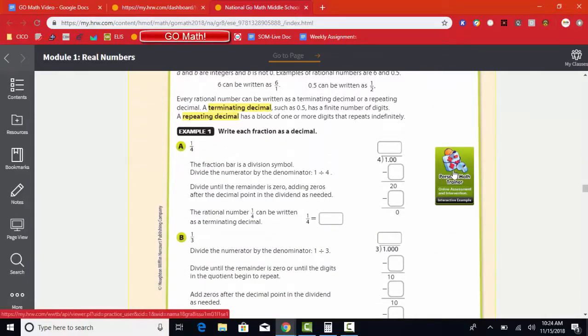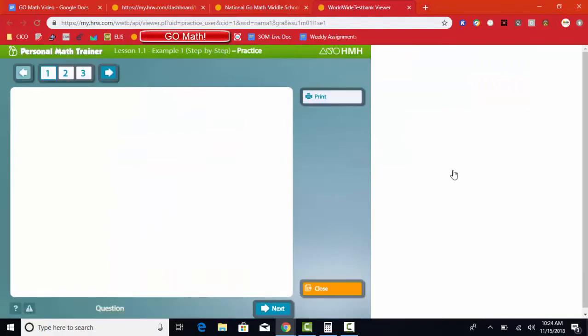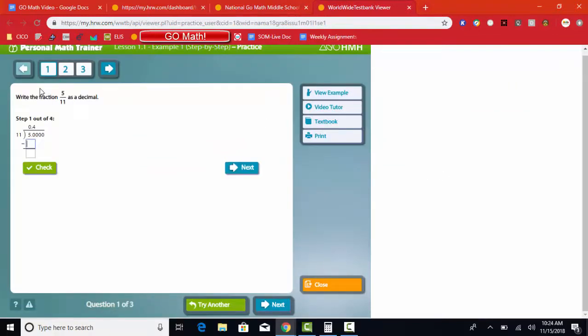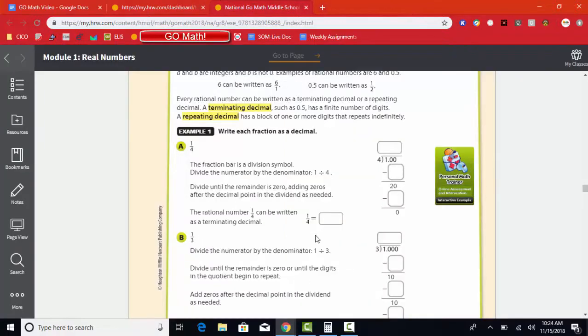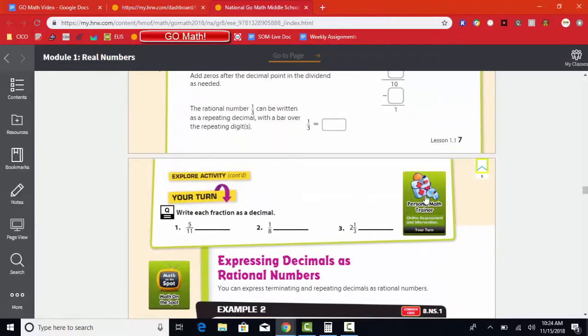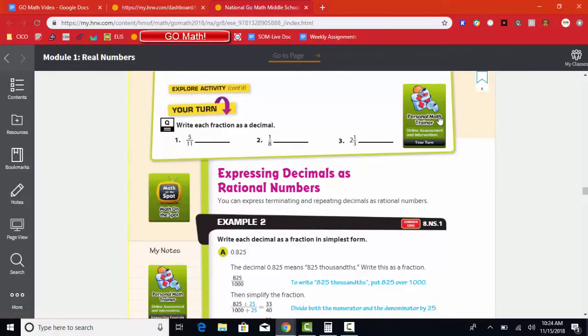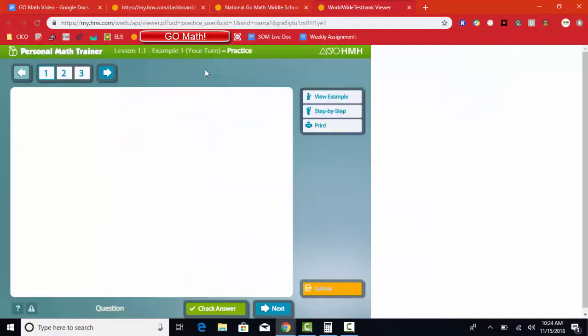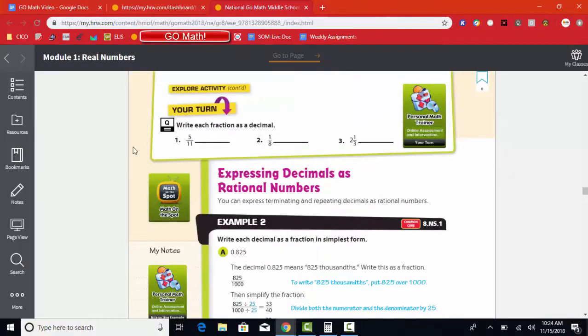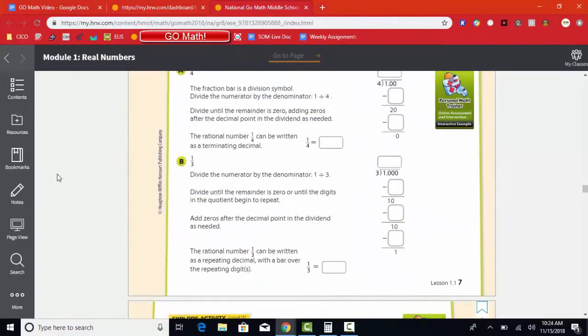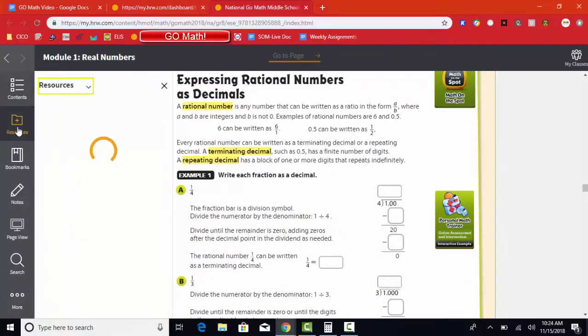The next thing we have here is the Personal Math Trainer, which we have talked about before, and we'll do an actual tutorial on Personal Math Trainer, but I was just going to show you how it does pull it up. In this case, it'll just pull up a couple of problems that are related to the actual lesson or part of the lesson that we're looking at. So we can go on here, and here's one if you want to do a Your Turn. If they have to do that, you can click on that, and then they have some based on that. The next thing over here is resources. So if you click on the resources,